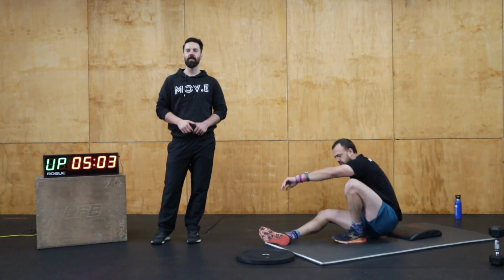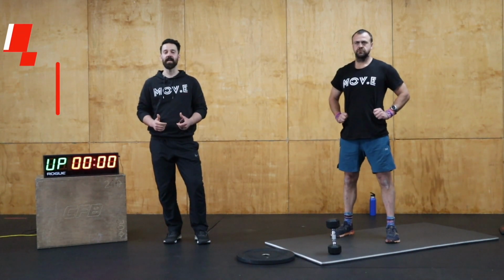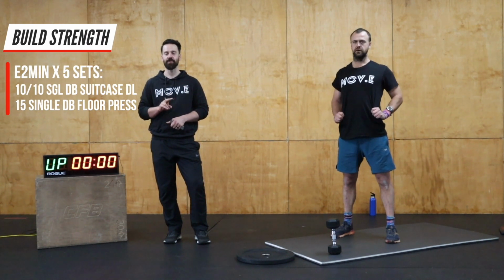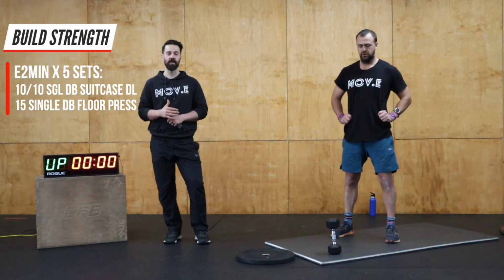Have a little bit of recovery time. We're gonna check out build next. Alrighty, guys, so we're gonna have a look at the build workout now. This one is 10 minutes long. Basically, we have 5 2-minute blocks we're gonna work through. In each of those blocks, we're gonna go through 10 reps on right and left on a single dumbbell suitcase